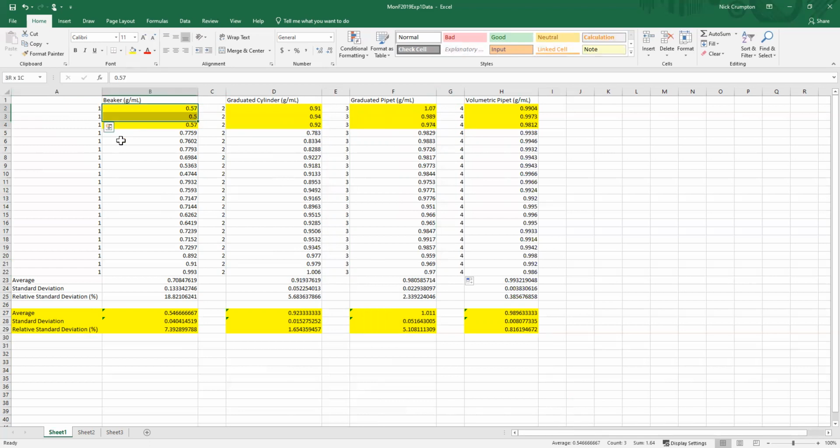So all of these data points will be plotted as Y against these X values of 1. Graduated cylinder will be 2 against these Y values, 3 against these Y values, 4, etc. That is how it's done in the experiment document. The way that graph was constructed is in this manner. So you could put all of these into one column